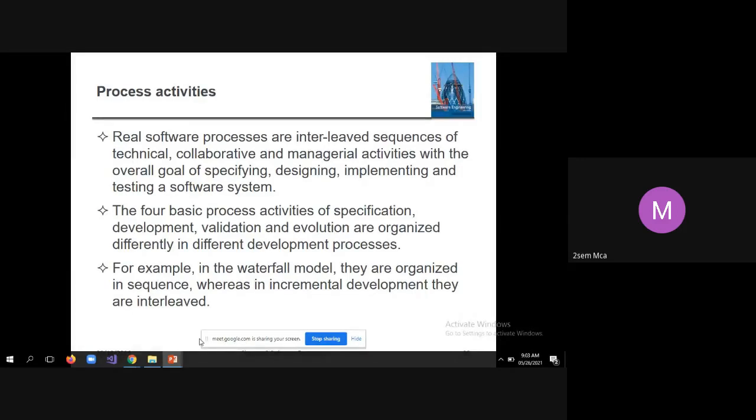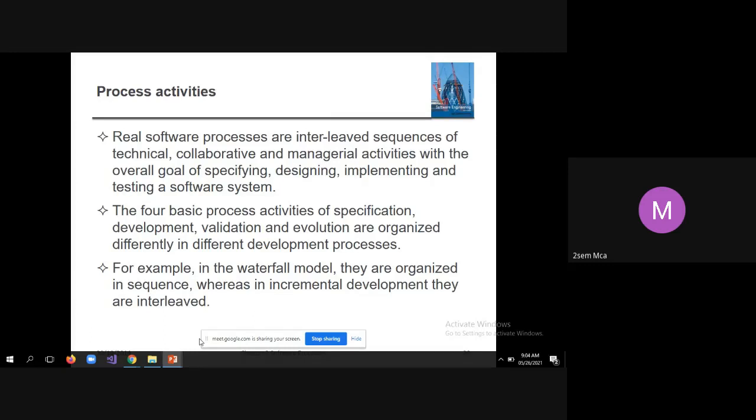And managerial activities are all about taking the problem, dividing it into pieces, assigning it to individuals, monitoring the progress, and updating the client. That's an example of managerial work.